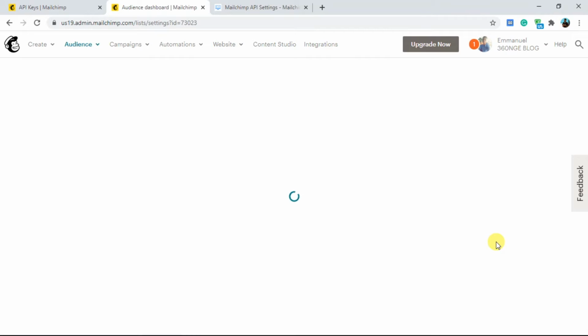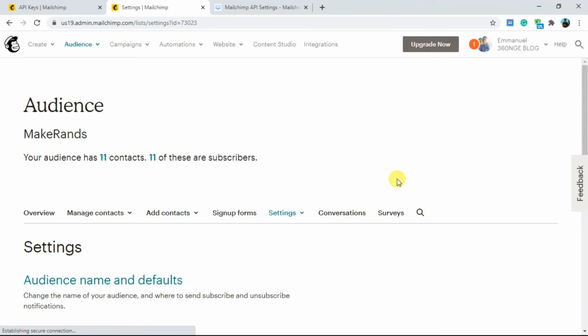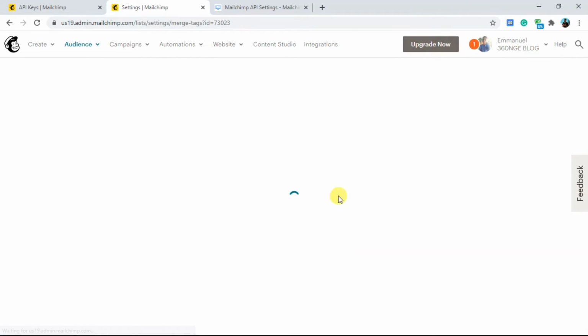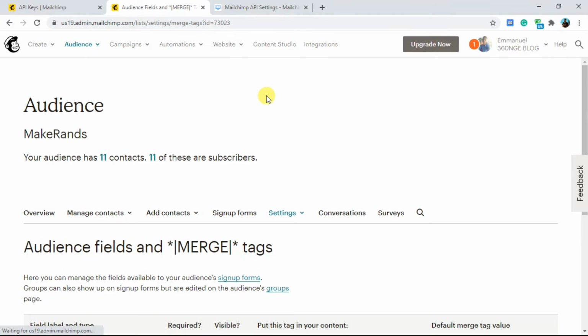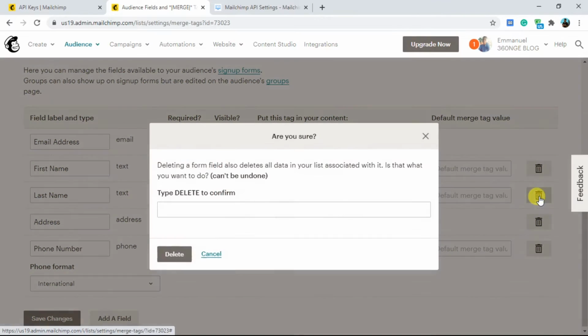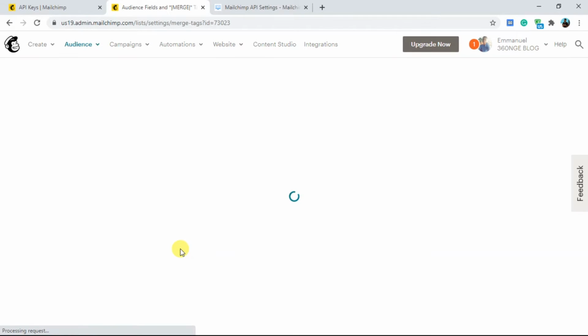So then scroll down and click on audience fields and merge tags. So just click on this, and you'll be able to adjust anything that is here. So I'm going to get rid of this last name. So to get rid of a merge field, just click on this, and you're going to be able to remove this by typing delete. So I'm going to type delete and delete this. Okay, then